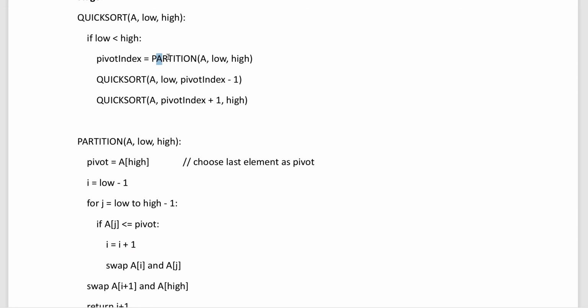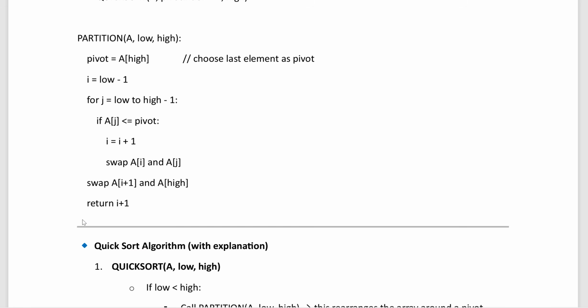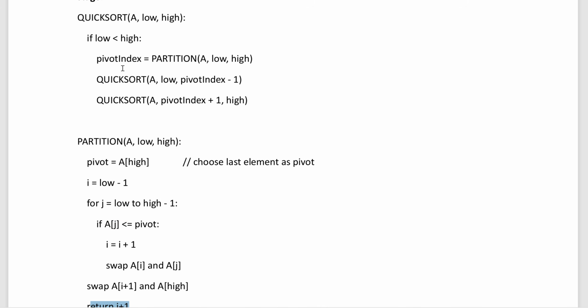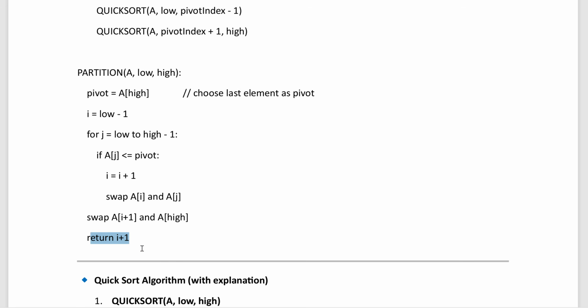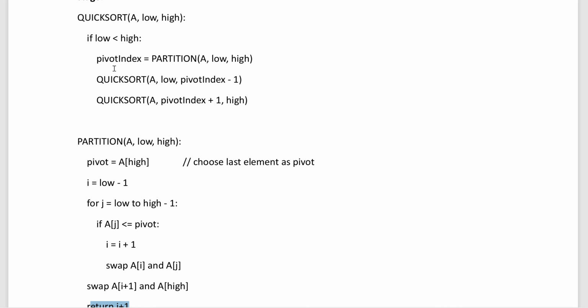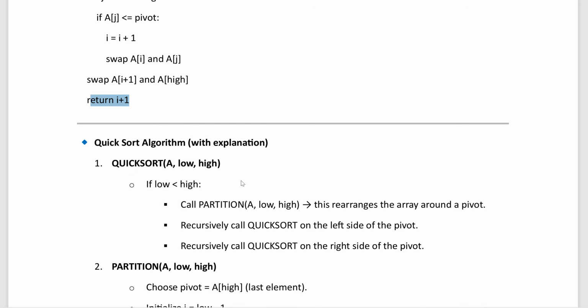So the partition algorithm will return this i+1 value, and the pivot index will become i+1, right? Because the partition algorithm is returning i+1. Then this quicksort will be applied again and again recursively in order to sort the given numbers, right? So as you can see here,